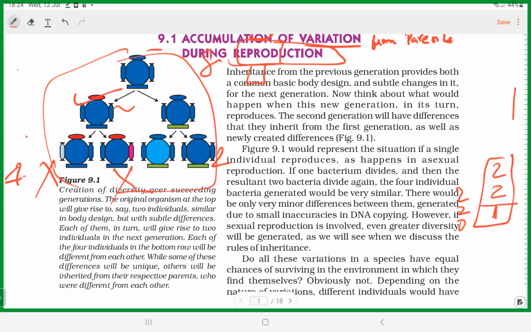Listen. For new species formation, there are two approaches. What does evolution speak? New species will be formed after a long accumulation of variation only; accumulation of variation results in speciation. Darwin also supports the same. Evolution is a slow and progressive change. What is evolution? Slow and progressive change. But Hugo de Vries, one person called